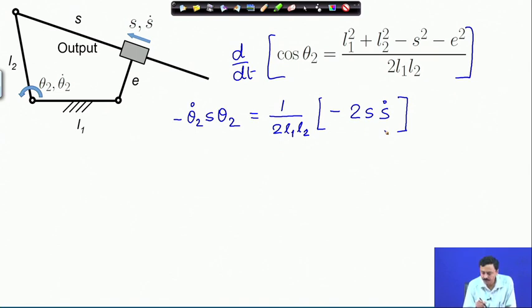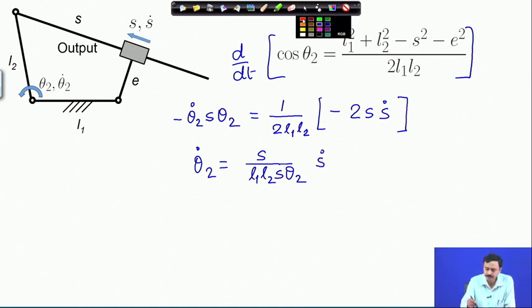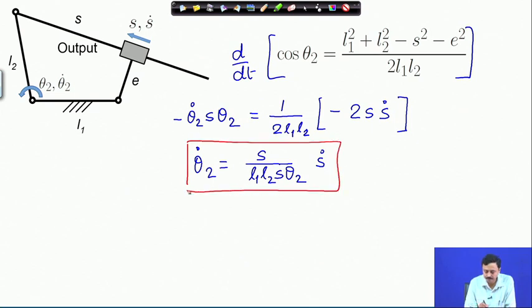So, therefore, I can relate theta 2 dot like this. So, theta 2 dot is S divided by L1 L2 sin theta 2 into S dot,